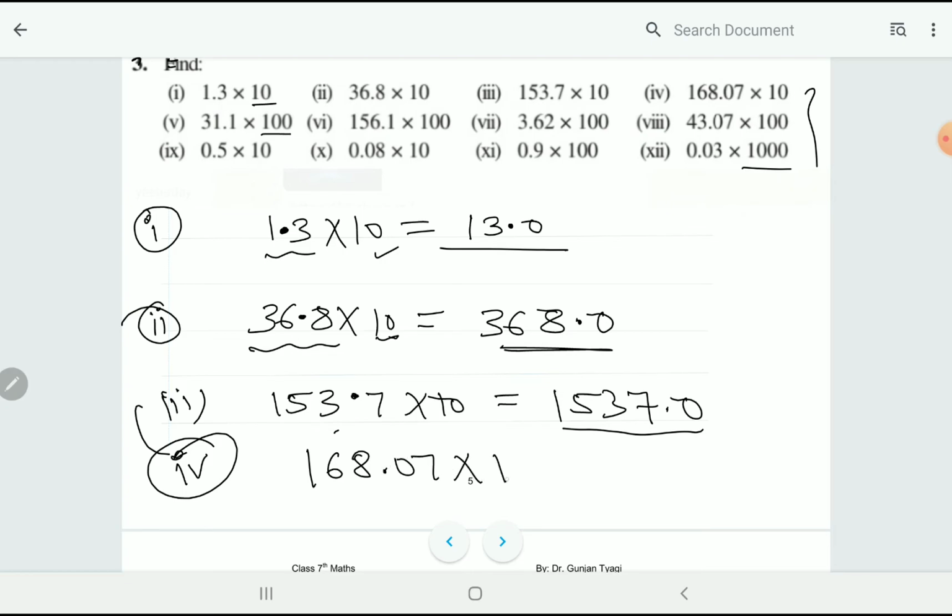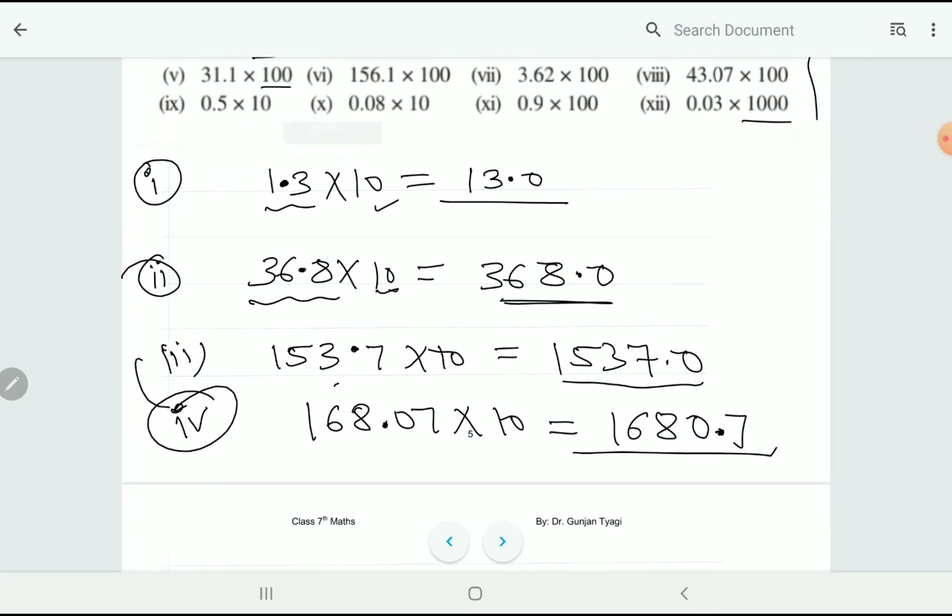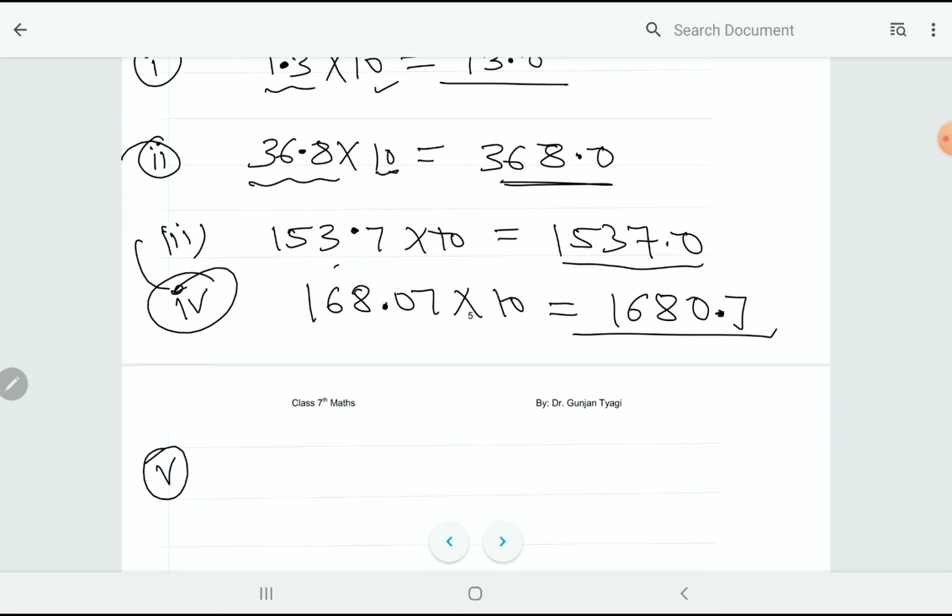68.07 multiply 10. When you multiply a number by 10, you will get the number as it is, but the place of decimal will shift to the right by one place. Just write it. सो ज़ीरो से इस साइड था, ज़ीरो के लेफ़्ट साइड में था, अब ज़ीरो के राइट साइड में हो गया, वन प्लेस डेसिमल शिफ्ट हो गया है. Let's do the next, fifth part is